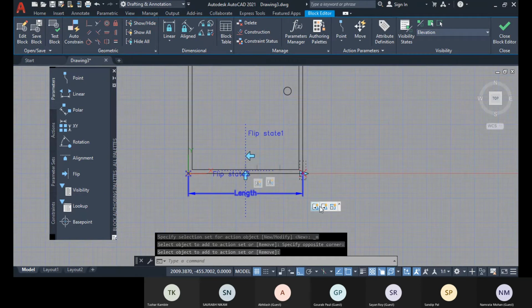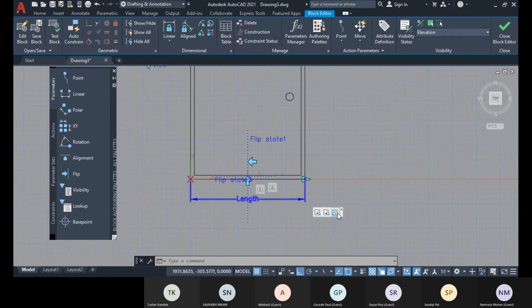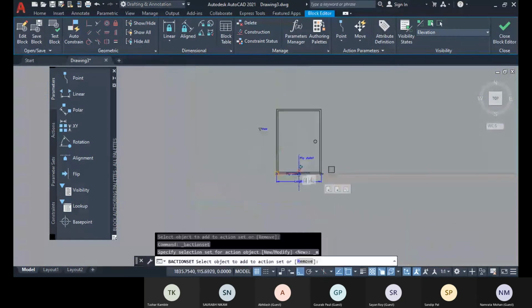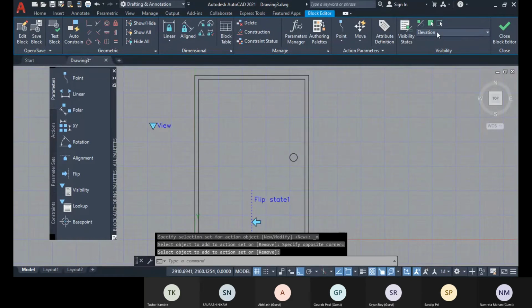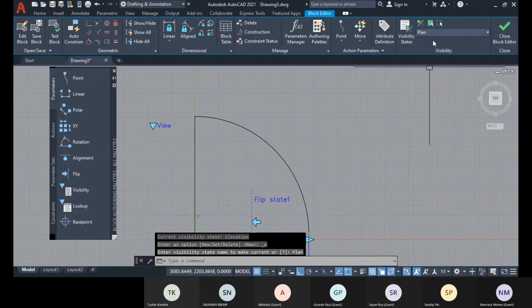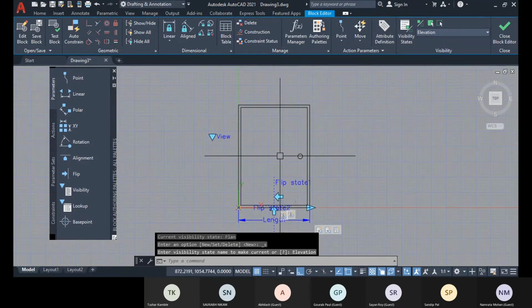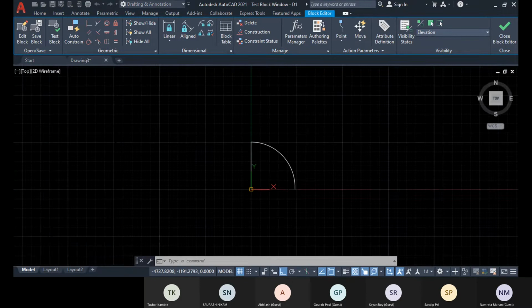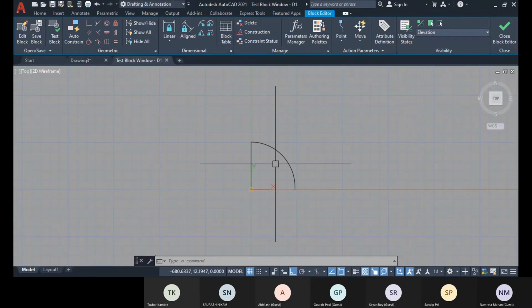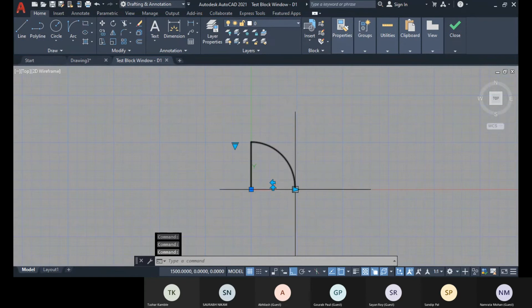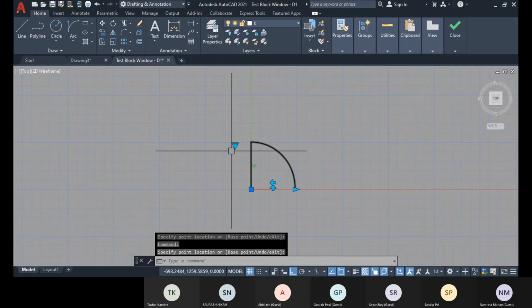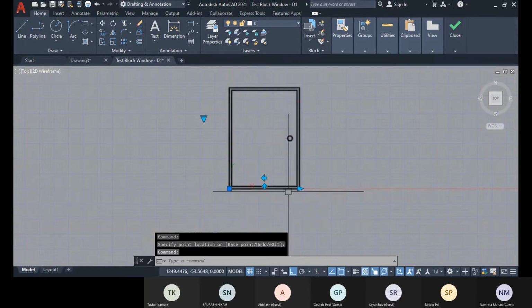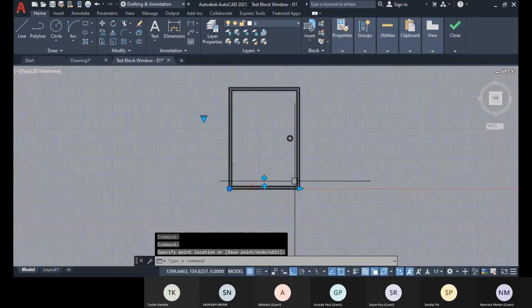Now I will not delete anything. Okay, so I will only assign within this scale parameter modify selection set, and I will select these objects and I will press enter. Now you see that in this plan I have this, and in this elevation I have this. So now go to test block, choose this option, you can change it. Okay, here you can change it. So now go to elevation option. In this elevation also you can change it.